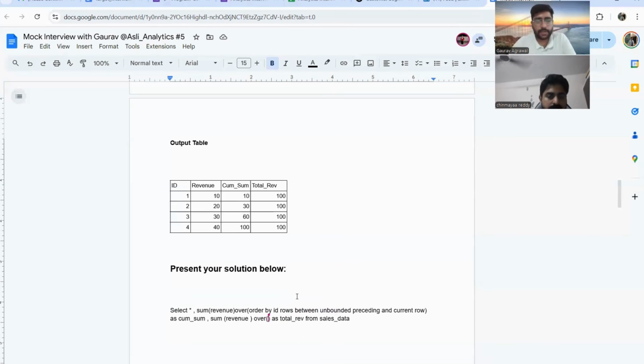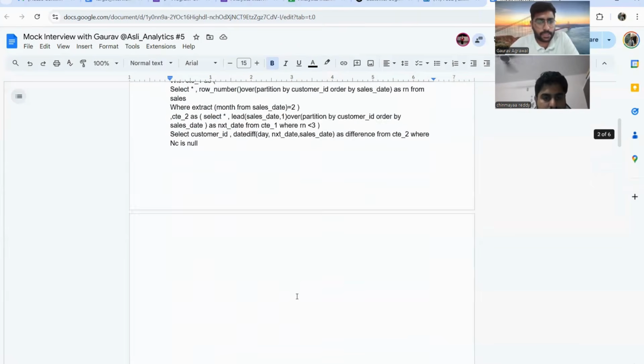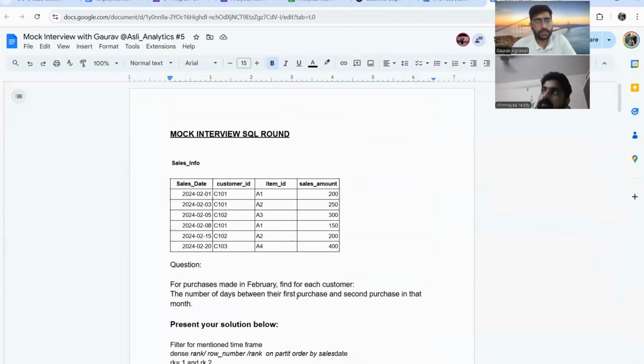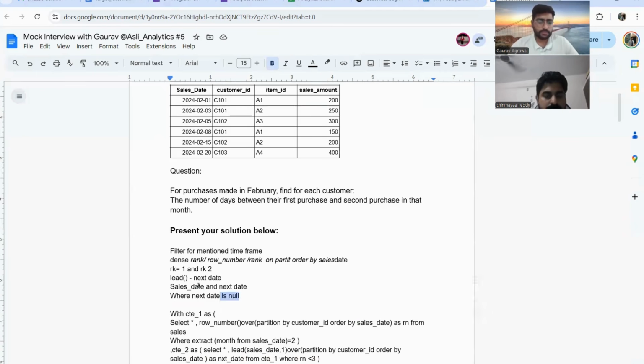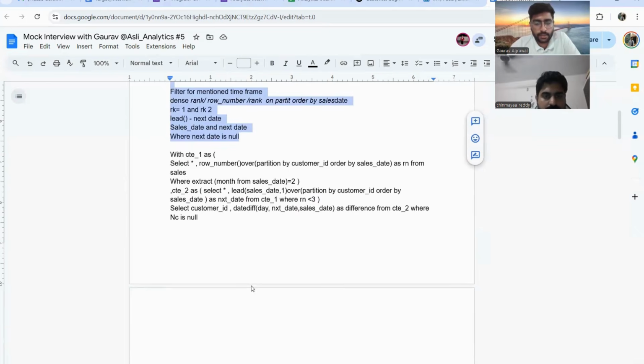Just on the feedback part, Chinmaya. I think you were pretty good with the way you explained your logic and pseudocode. I think you asked the right set of questions. That was pretty logical. The way you've written pseudocode is perfectly fine. If you explain it like this in the end interview, it will be pretty great.